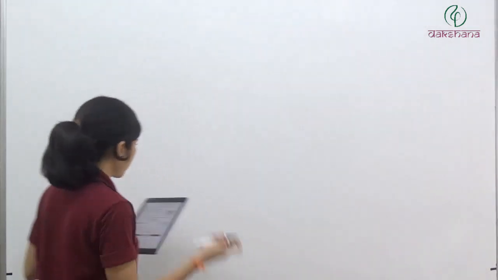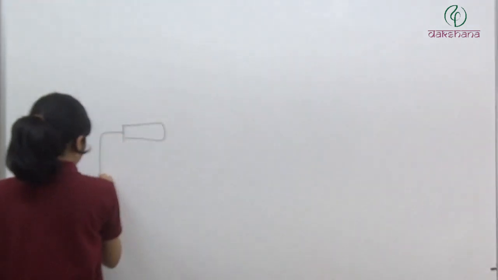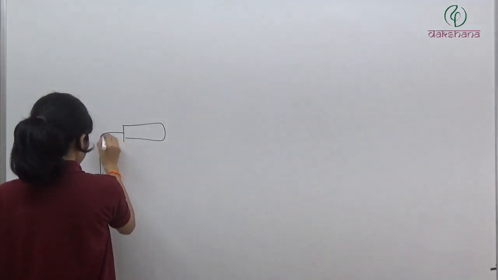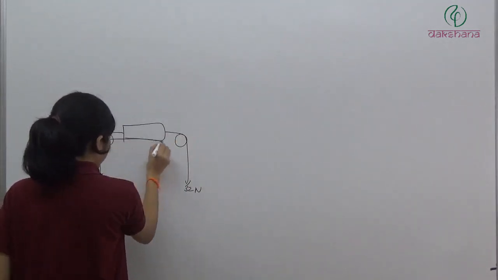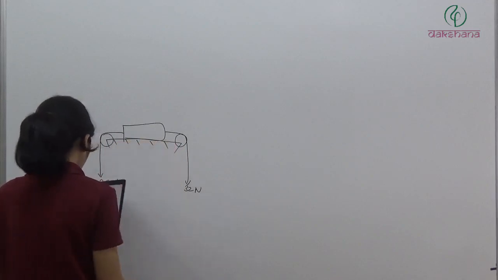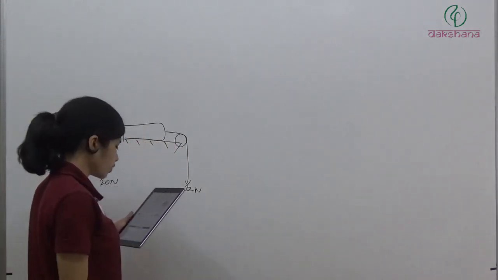So let's see the solution of exercise 1 section G, Newton's law for a system. Question 1: the figure shows a uniform rod of mass 3 kg and of length 30 cm. The strings shown in the figure are pulled by constant forces 20 Newton and 32 Newton. The acceleration of the rod is, very simple, 20 Newton is acting on one side, diagram if you want to see, 20 Newton is acting this side and 32 Newton is acting this side. Correct? So now we have to find the acceleration of the rod.